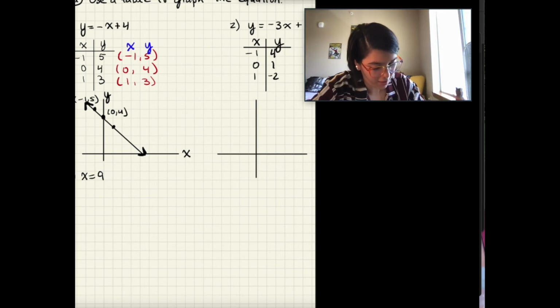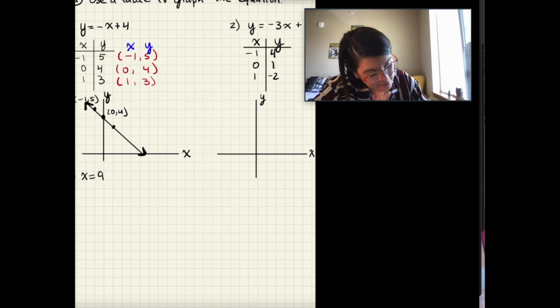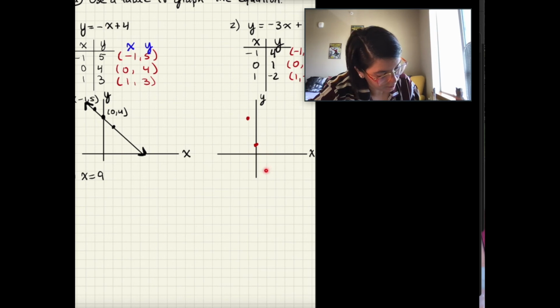And now, graphing this, again, this is x, this is y. We have the coordinates -1, 4, 0, 1, 1, -2. So for the first coordinate, we'll start at the origin. We go left 1, up 1, 2, 3, 4. For the point 0, 1, we start at 0. We don't move left or right any since our x-coordinate is 0, but we do go up 1, so right here. Finally, we have 1, negative 2, so we'll move right 1, down 1, 2. And then we connect our dots,